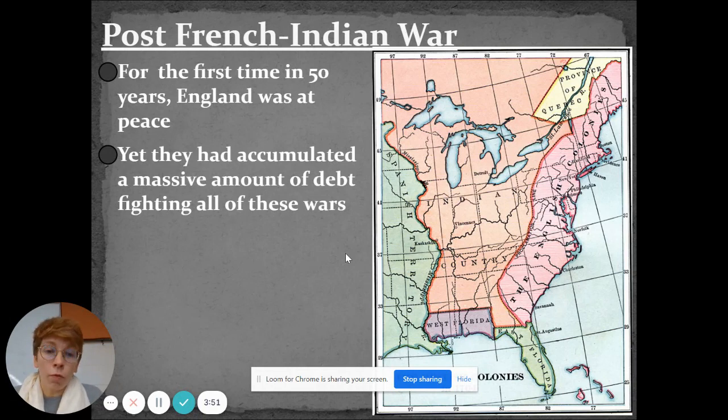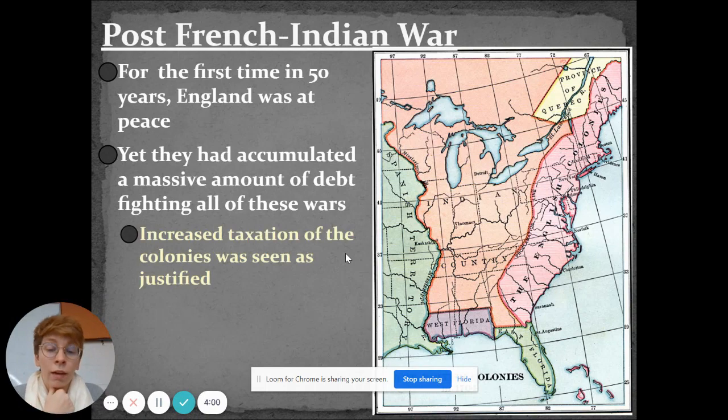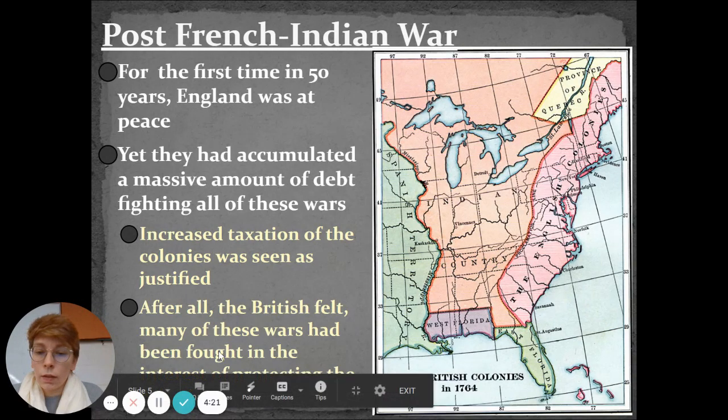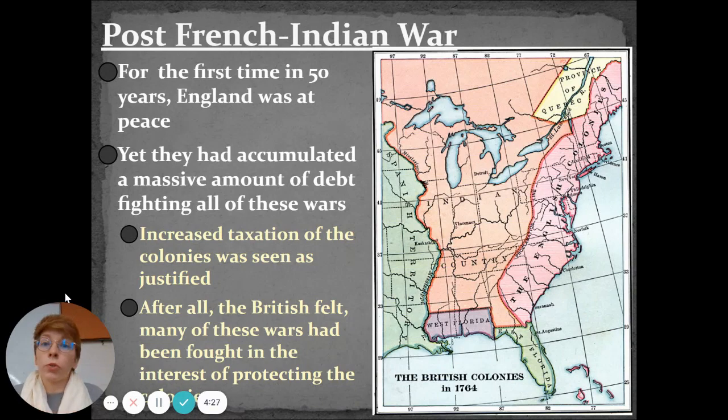Unfortunately, because of the war with the French and Indians and other wars that they had, England was in debt. They needed money. They needed a lot of money. And so their point was, we need money, so we are going to have to tax the colonies. We just went to war to protect them. And as such, they should give us taxes to take care of them. So the British felt that it was justified, that the taxes were going to be used to pay back the debt the British had incurred protecting the colonies.